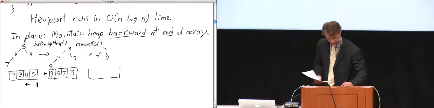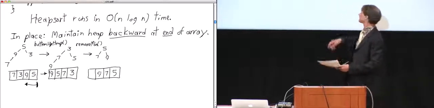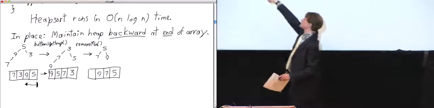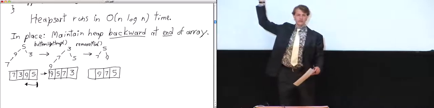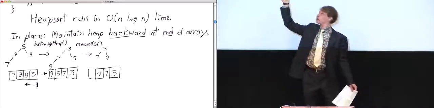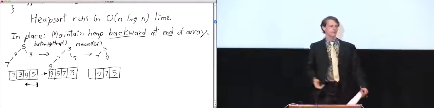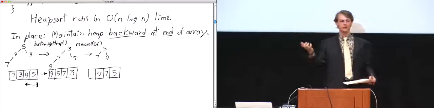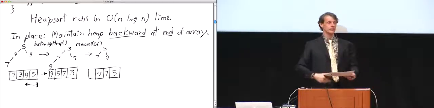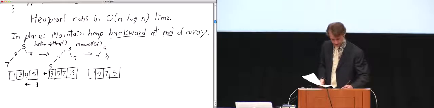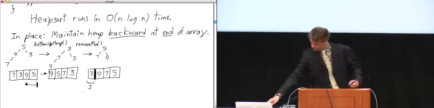And when we look at the array, we're going to see that in reverse level numbering, the heap looks like that, 5, 7, 9. Also, because the heap only has 3 items now, there's an extra space there where we can take the minimum key we just removed from the heap. Now we have a place to store it. So that 3 we removed, it goes here in the sorted part of the list.